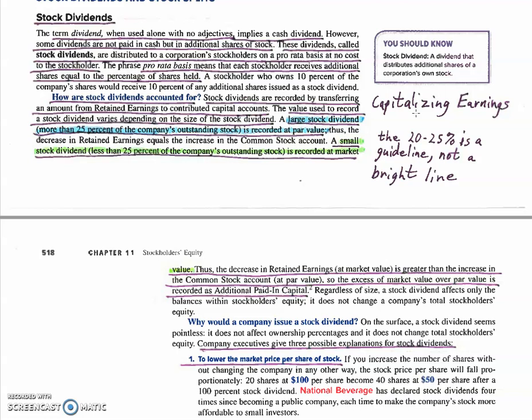Now, when we declared the dividend, we debited dividends, credited additional paid-in capital in a small stock dividend, and usually we call it common stock distributable. And then when we distribute the stock, we debit common stock distributable and credit common stock. So the net effect is debit dividends, credit common stock, and possibly additional paid-in capital, and then close dividends to retained earnings. So we debit retained earnings, credit dividends. So the ultimate effect is we increase common stock and additional paid-in capital and